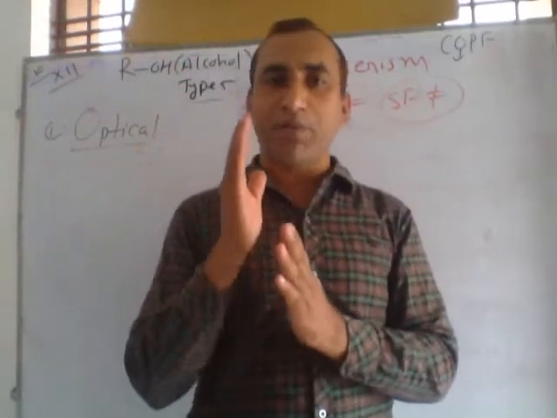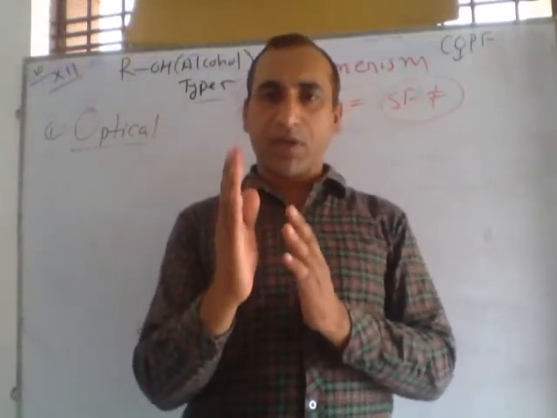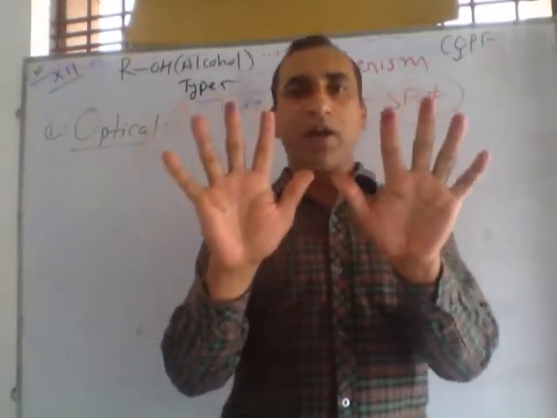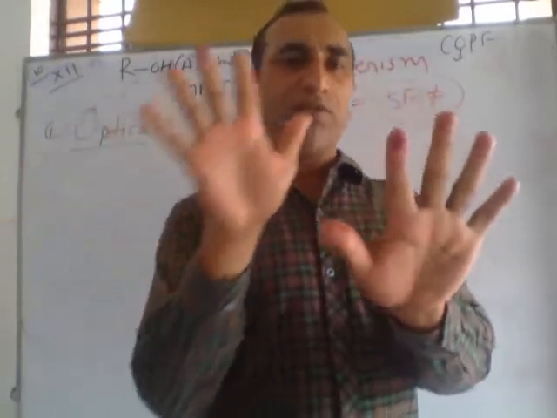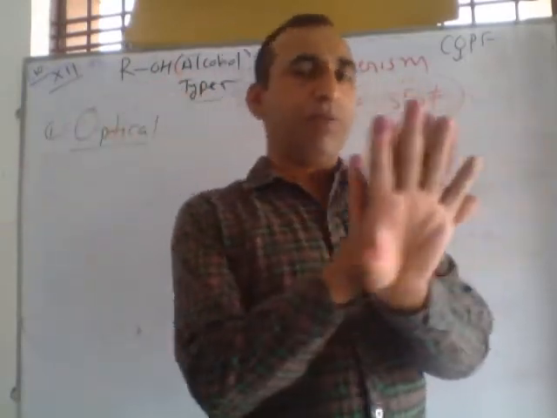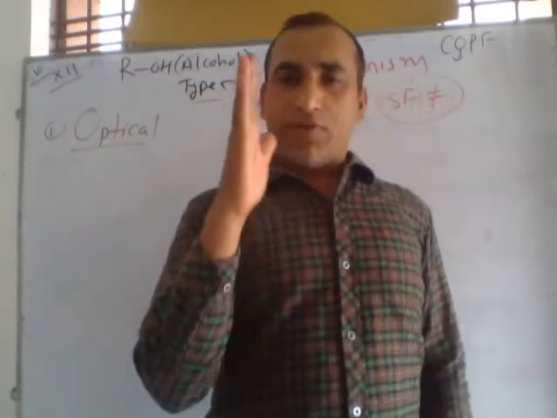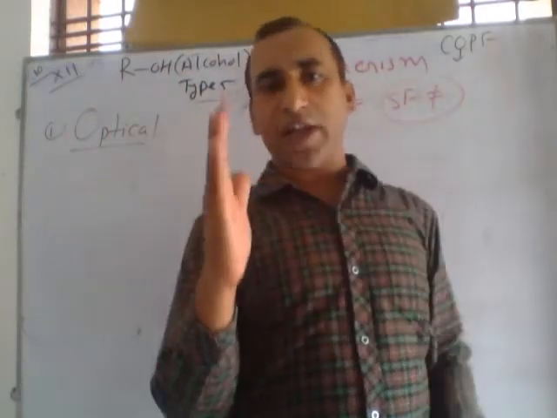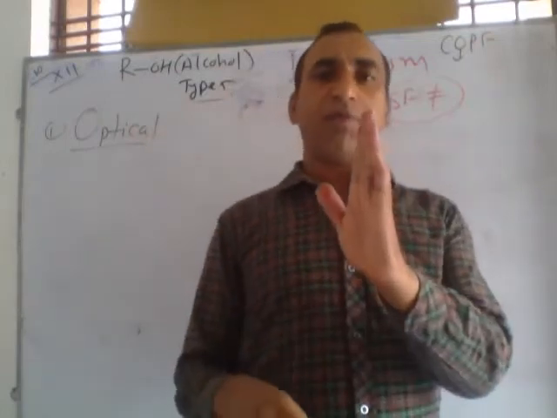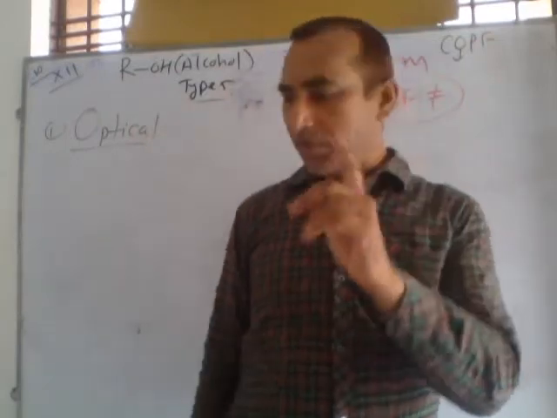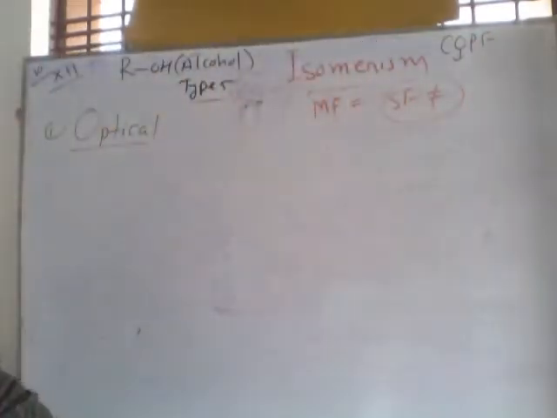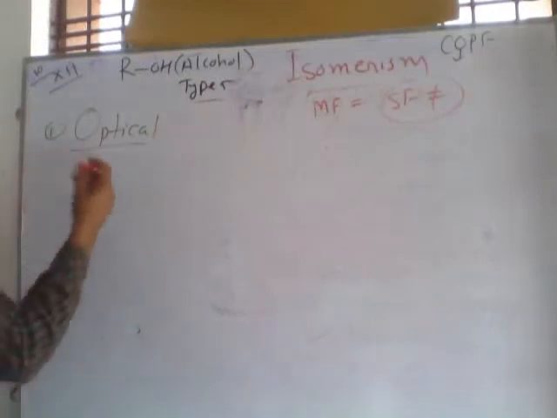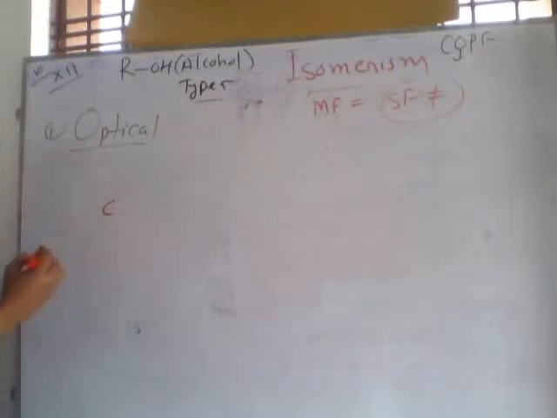PPL is plane polarized light. Suppose this is a compound, and suppose my hands are photocopies of each other, forming non-superimposable mirror images. If the first compound rotates PPL to the right-hand side, it is called dextro. If it rotates PPL to the left-hand side, it is called levo. Observe here. Listen. This is carbon.